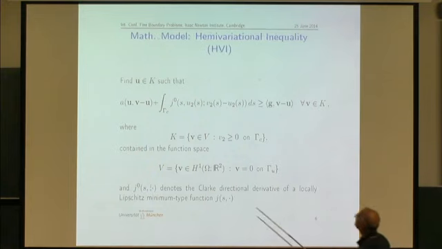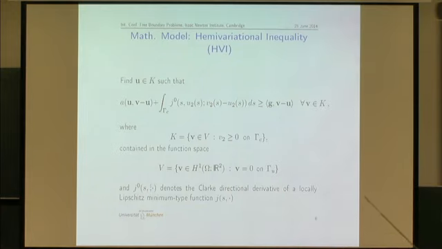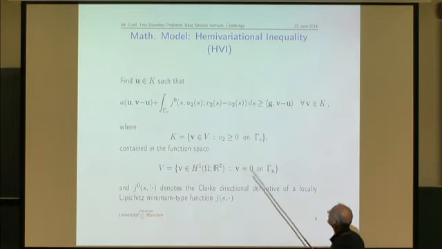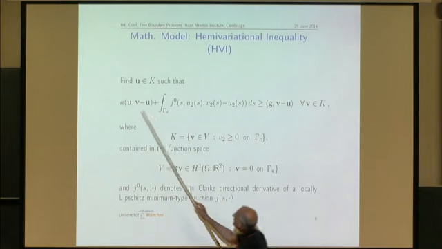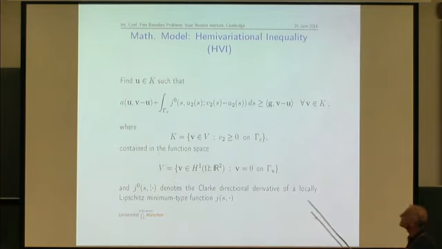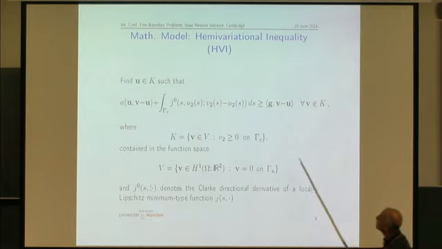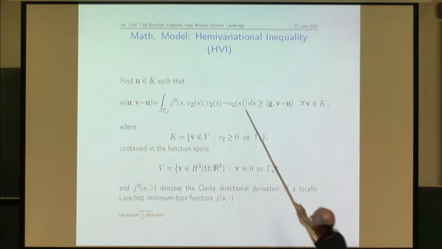So the mathematical model is then a hemivariational inequality, which goes back in this formulation to the work of Panagiotopoulos in the 80s. So we are doing work in this framework here. You see again this bilinear form coming from linear elasticity, but we now have an additional term, coming from this non-monotone stress